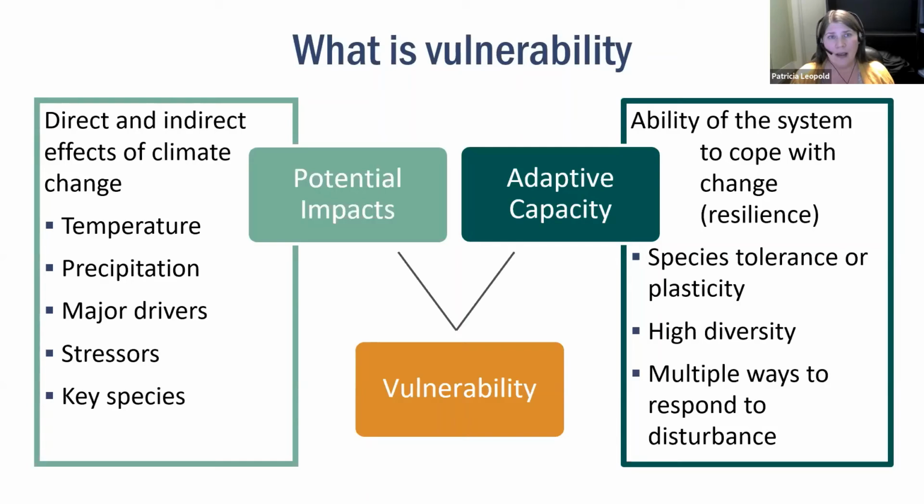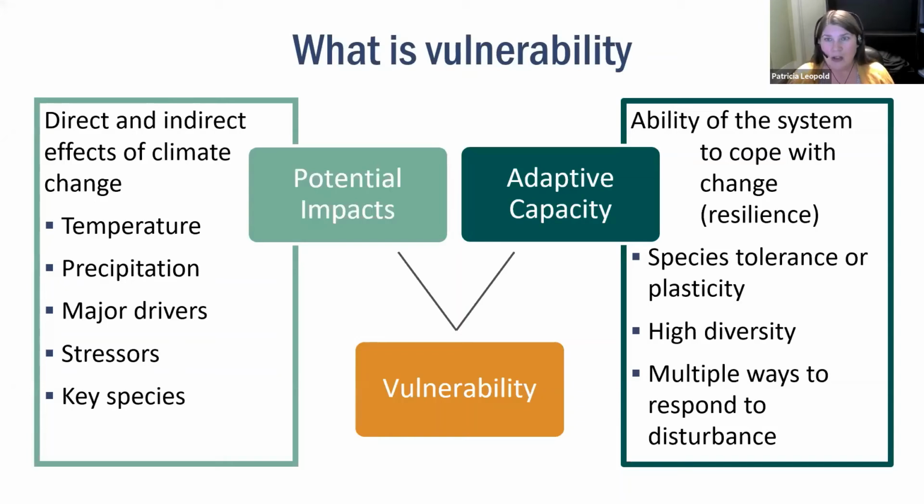And then under adaptive capacity, we have the ability of the system to cope with that change. So the species tolerance or plasticity. So how, for example, its seedlings might fare during multiple years of drought, or whether it has high or low diversity, or whether it has multiple ways to respond to disturbance. For example, if a tree can reproduce by seedlings and it can reproduce by sprouting, that might give it a